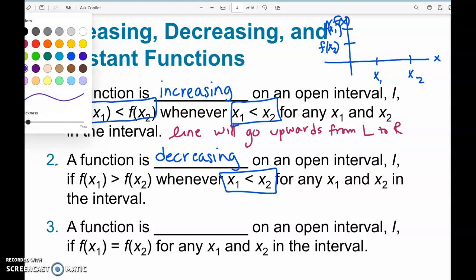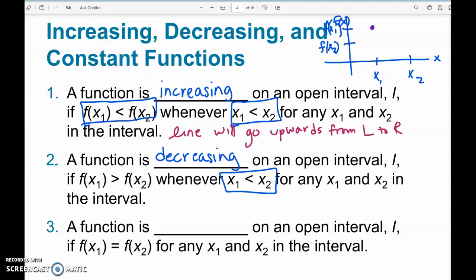So let's line up those ordered pairs. x sub 1, f of x sub 1, x sub 2, f of x sub 2. So when you connect the 2 points, they go downward. So we're going to say, if that's the case, decreasing lines will go downward